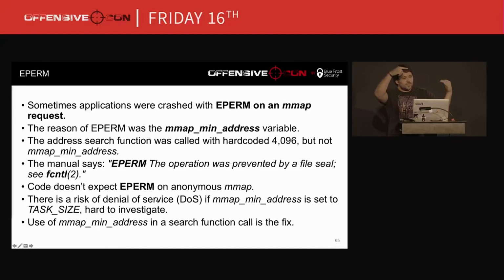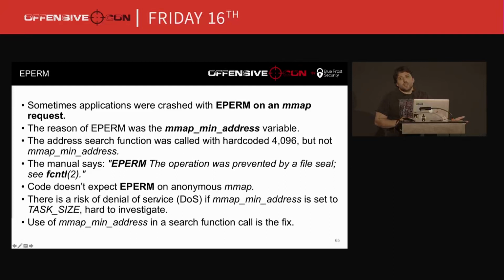And you choose this, and you get EPERM, because when you go out of the function that chooses the address, you go to the check that checks that this value is less than the mmap min value. And it fails, and you get EPERM. And nobody will handle it ever.